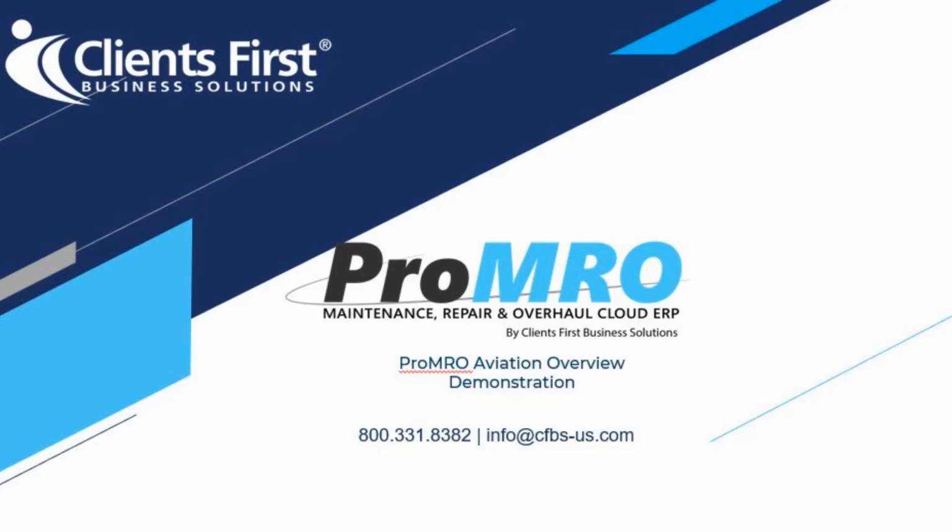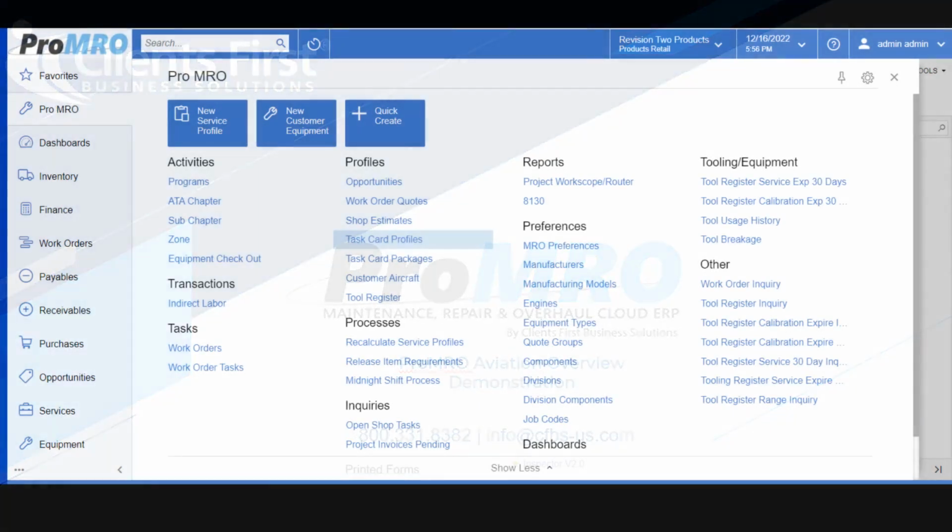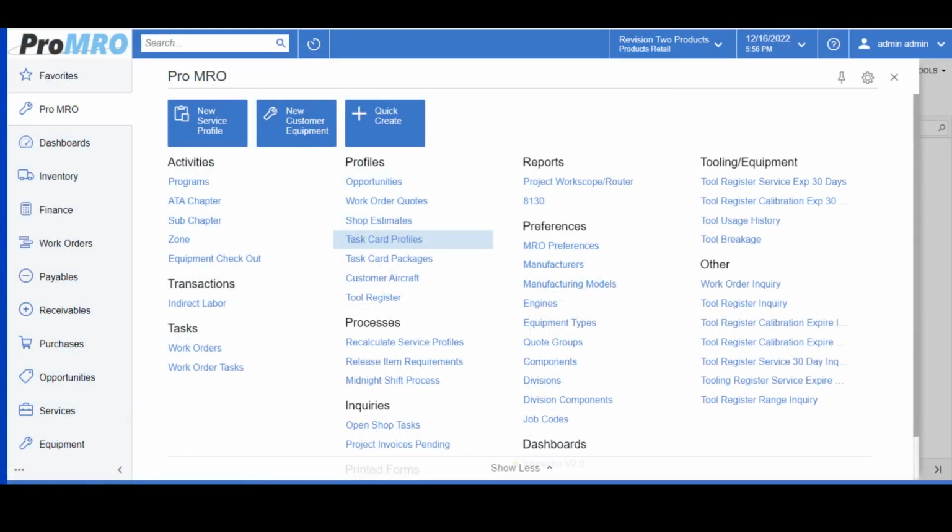Before we begin, I would like to point out that ProMRO is designed to assist MRO companies with creating quotes and work orders to track all the costs associated by streamlining the processes and creating real-time connections from the shop floor to accounting. So as I mentioned, there are a few building blocks, and the first one we're going